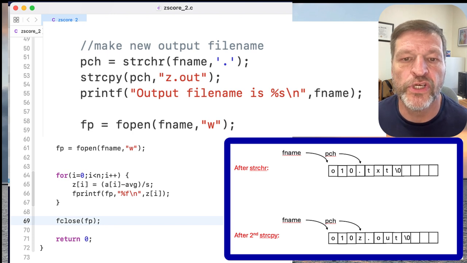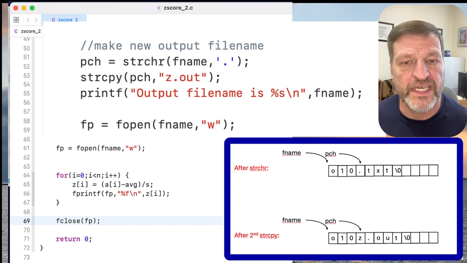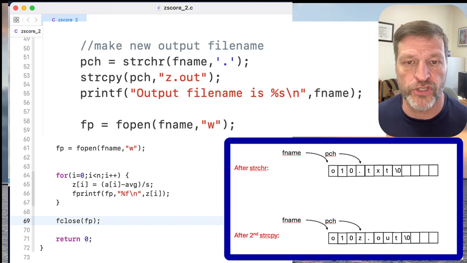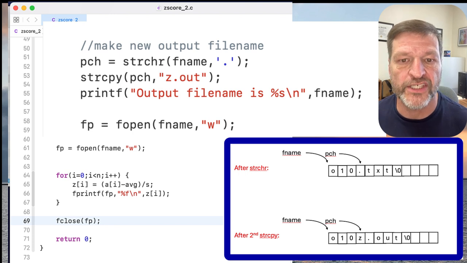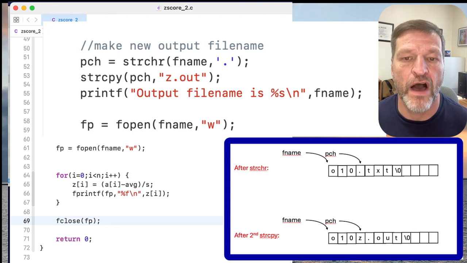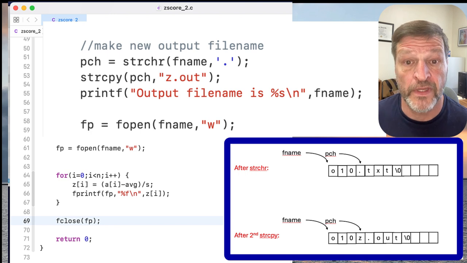pch is going to be equal to strchr, string character. What that string.h function does is it says, look throughout fname, and when you find the character, in this case the period, the dot, stop. pch is going to have the address, basically, of that point where the dot occurs. Right? So that's what strchr does. Then I know where that address is now, and so from that point on, I'm going to write out a new extension, a new ending to this file name. So instead of being o10.txt, it's going to be